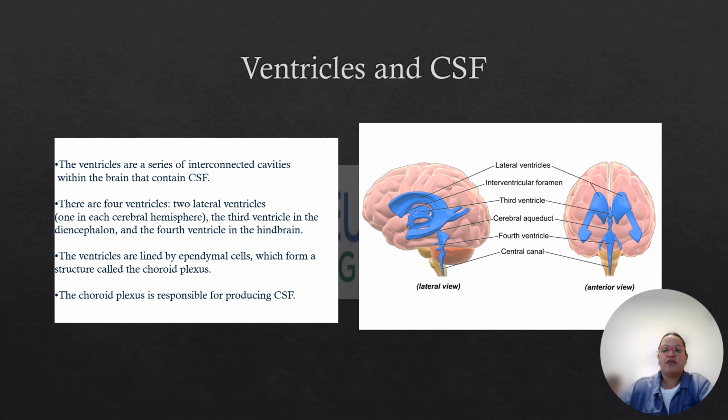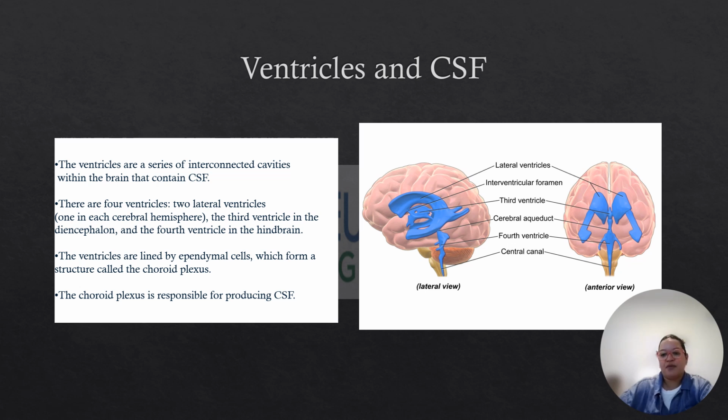So here we have the ventricles and the cerebrospinal fluid. I'm sorry. So ventricles, these are structures that are interconnected cavities within the brain that contain the cerebrospinal fluid, CSF. I'm just going to call it CSF. It's easier for me to pronounce. So there are four ventricles. We have two lateral ones, which are these ones, two lateral ventricles, and then we have the third ventricle in